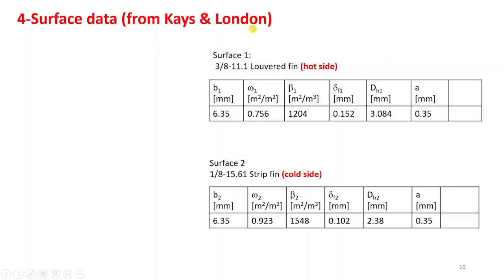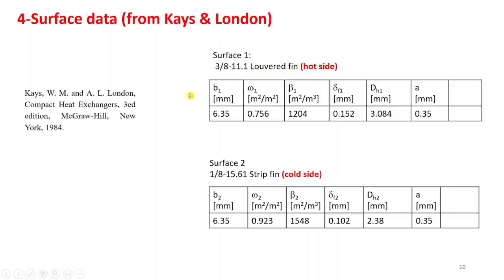This is for the hot side and this is for the cold side. So the parameters are also taken from the table that we showed just a while ago, summarized here in order to use them later. We would like to relate the frontal area, free flow area, and the heat transfer area. There are three areas actually that we have to